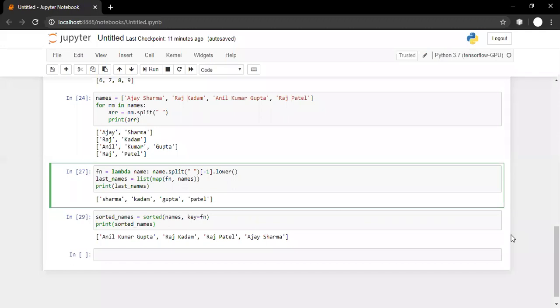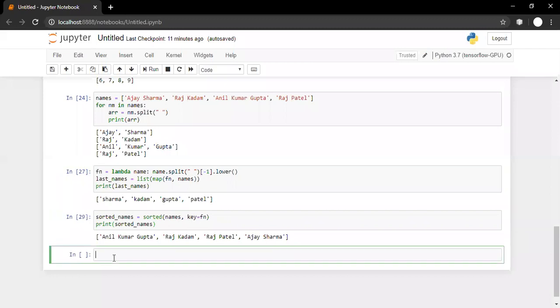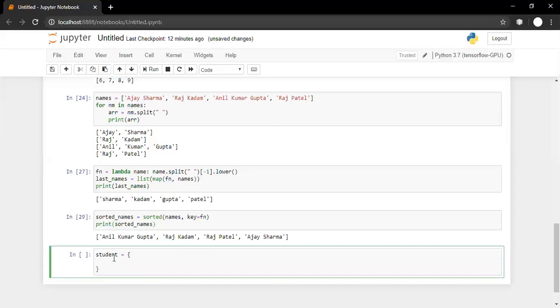So we'll start with some remaining few points of a dictionary, and then we'll move to list comprehension, dictionary comprehension, generator functions, and so on. So we had a dictionary of students containing some student information. student = {}. The first element is name, the name is Ajay.